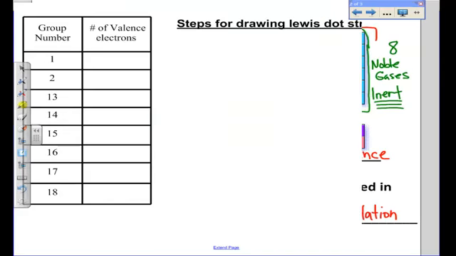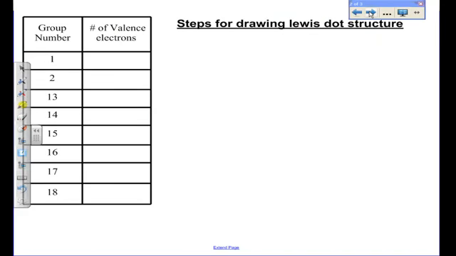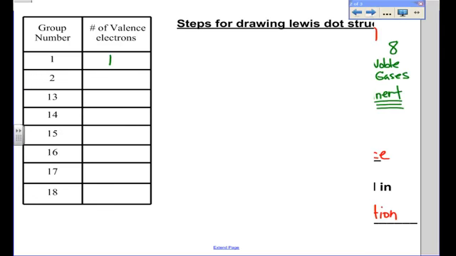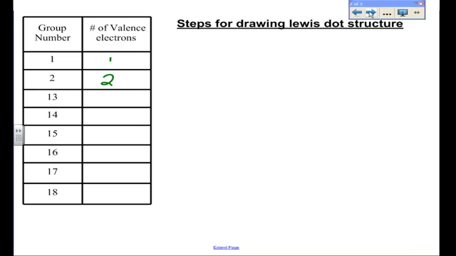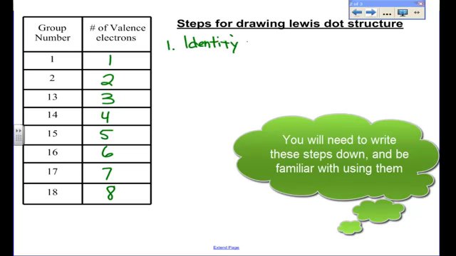Let's talk about the steps in drawing these Lewis structures. So again, group 1, we know, has 1 valence electron. Group 2, 2 valence electrons. Pick up the 3rd one in group 13, and we go all the way down to a maximum of 8 valence electrons. The first step in drawing these Lewis structures is to identify where the element is on the periodic table. Identify the group